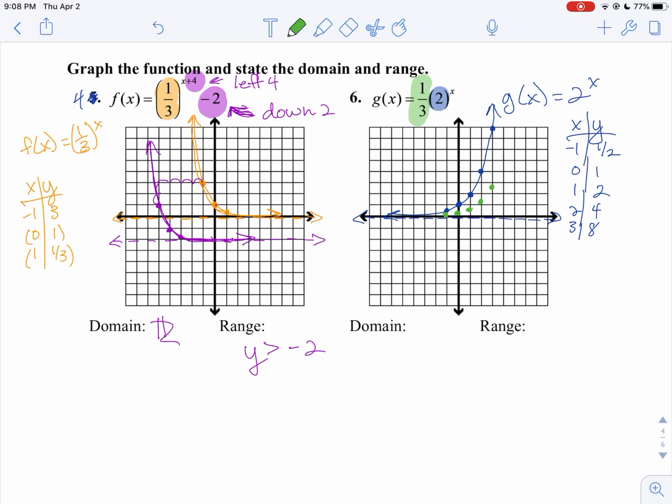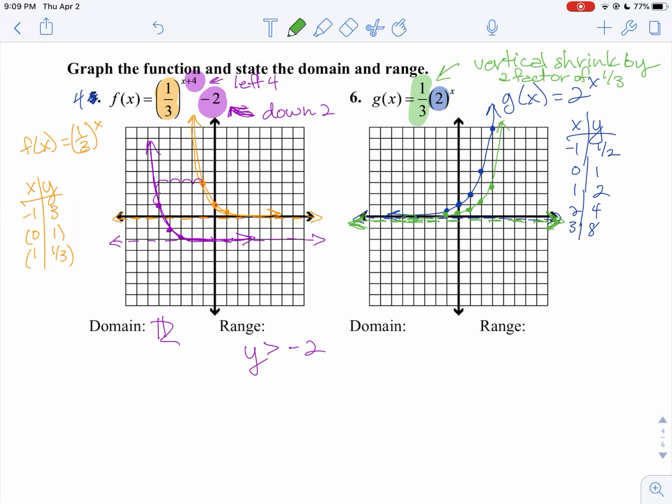And my asymptote, because it didn't move up or down any, is still going to be on the x-axis. I'm going to draw this one just below the x-axis so maybe we can see that green show up. And then I'm going to draw in this exponential growth curve. Like this. So that 1/3 was a vertical shrink by a factor